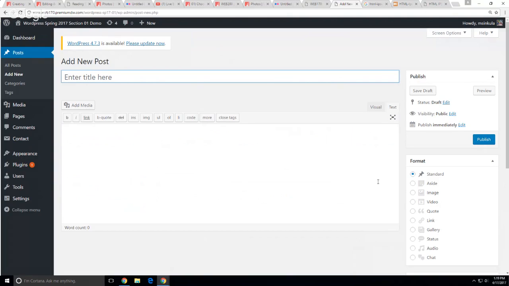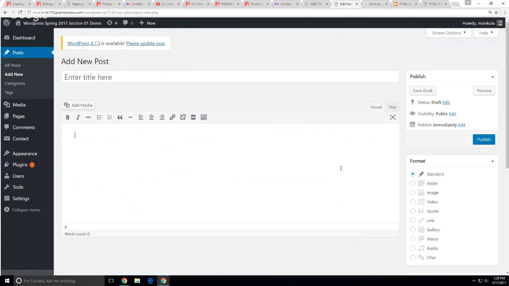So the editor has 2 sections to it. Text, which is code. I really wish that they would have left this to say code versus the visual, where the visual is where I can say,